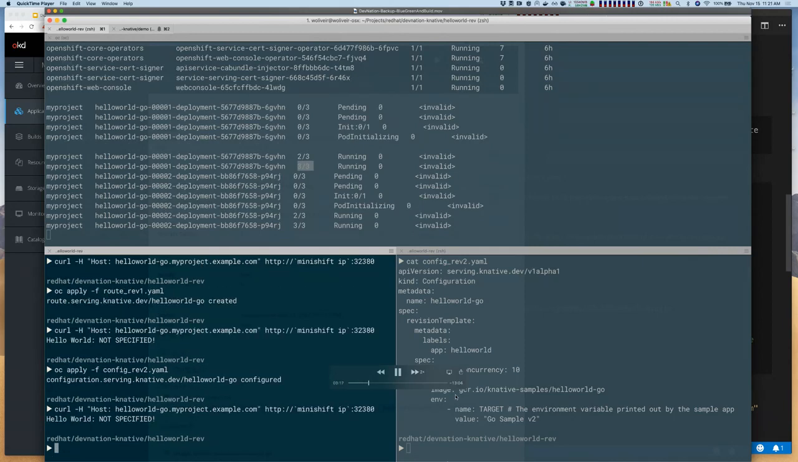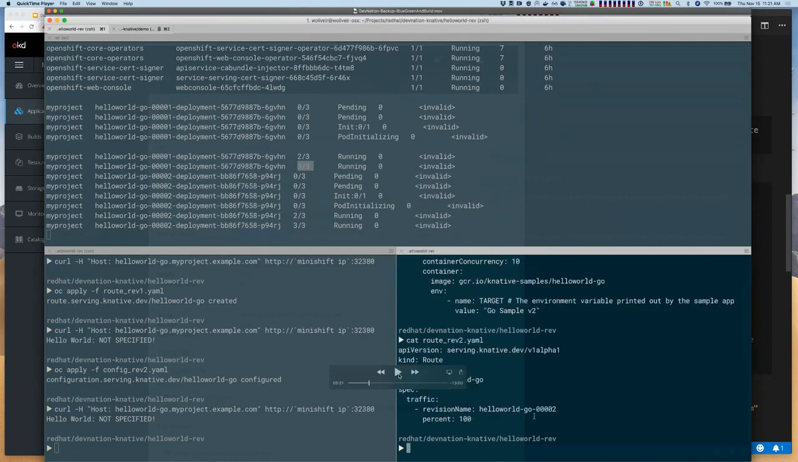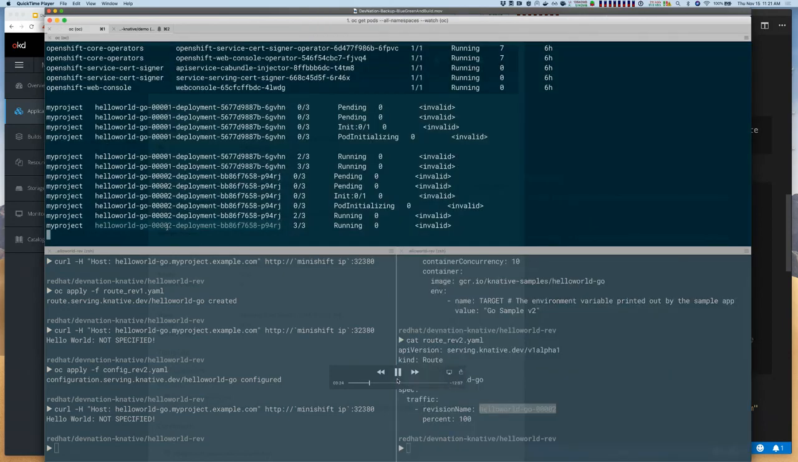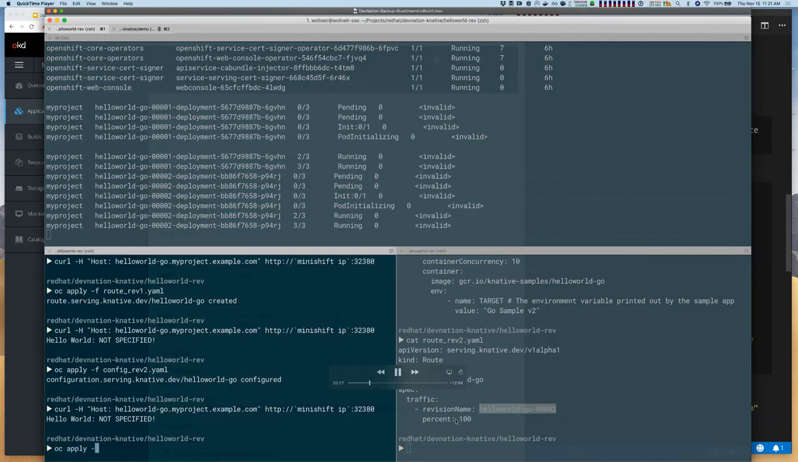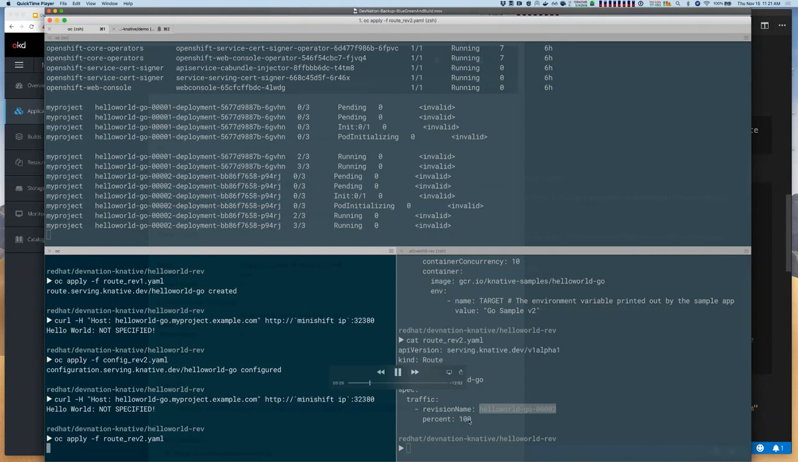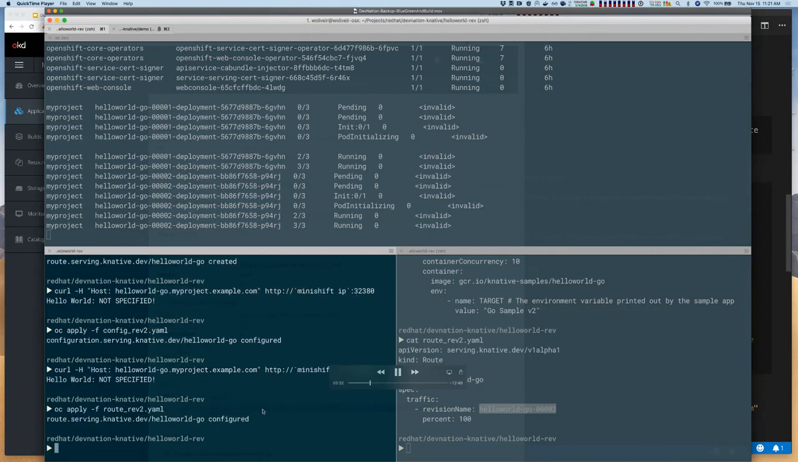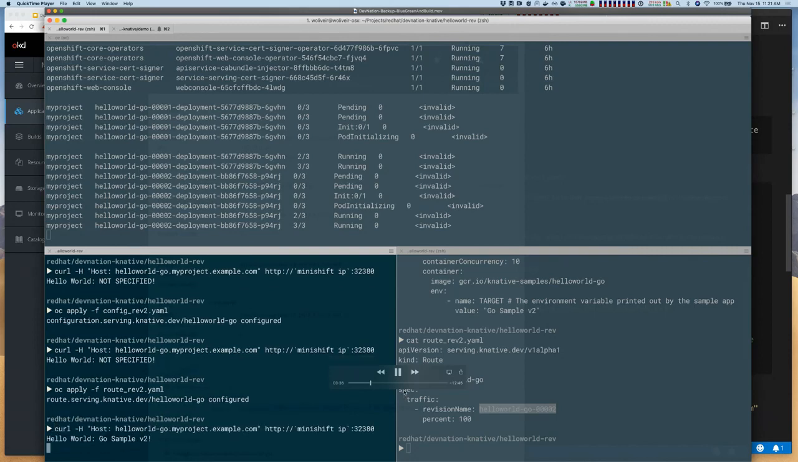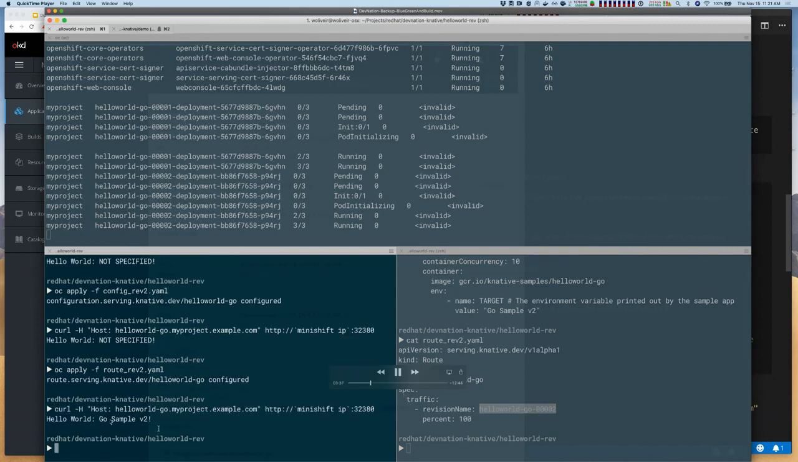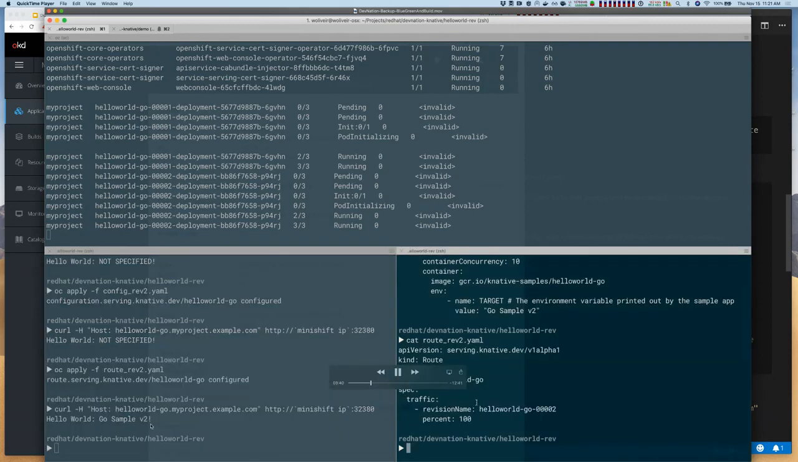But by the same token, I have not yet defined a route that points to revision number 2. So now I have to update the route or create another route to revision number 2 as well. In this case, I'm sending 100% of the traffic to that new revision. So now that it got created, I can curl, and voila, now I get the result I was expecting